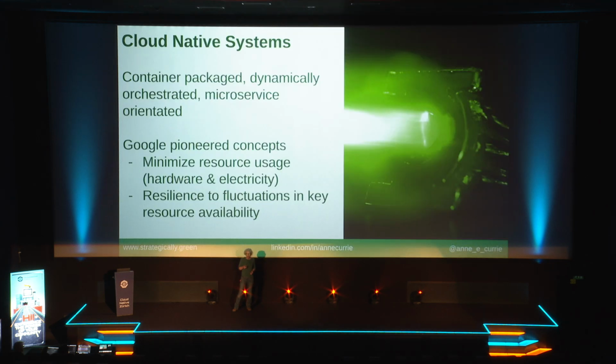And we're going to start by taking a little journey back in time to the foundations of the cloud. We're going to look at the definition of cloud native. We're only quickly going to go over this, but it's very relevant to the argument that I'm going to be making today. So I think most of you in this room will know that the original definition of cloud native was container packaged, dynamically managed, dynamically orchestrated, these days Kubernetes, systems that are microservice-like, which effectively just means not monolithic.